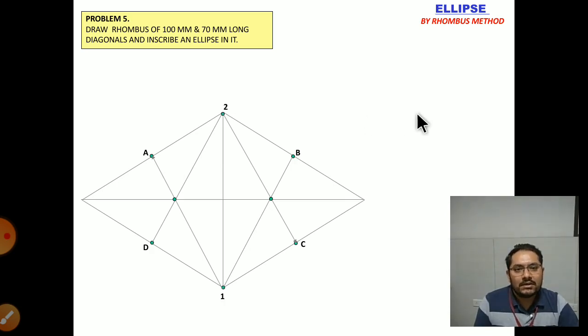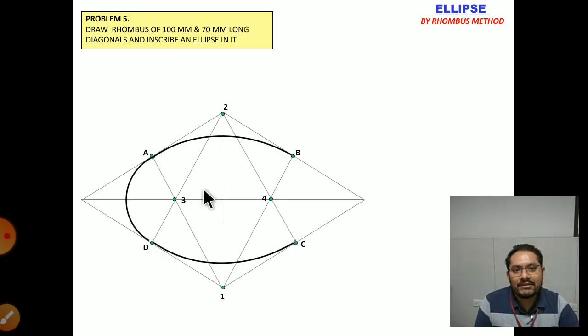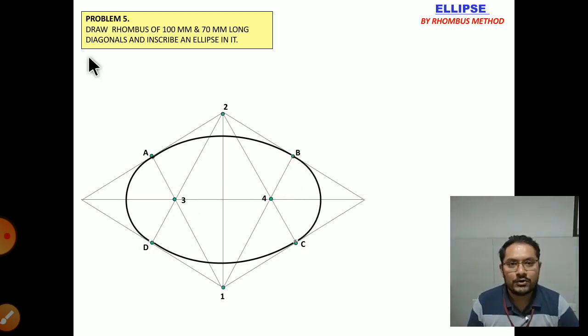Okay, so over here we have assigned two radii at center point 3 and center point 4. Now by taking the radius 1B, we can construct arc AB. Likewise, from the opposite side, by taking the radius 2D, we can construct arc CD. And likewise, by taking the radius equal to A3, we can construct arc AD, and by taking radius B4 or 4C, we can construct the last arc. So here we have completed the 4 methods.